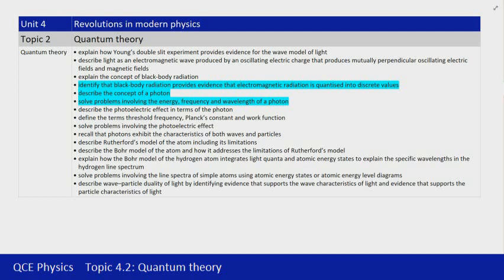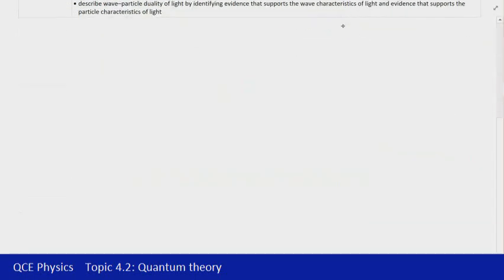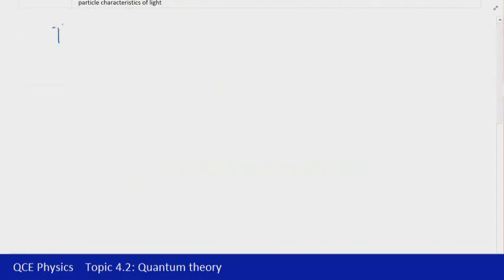In the previous video we looked at black body radiation, and in this video we're going to take that further and identify how that helped us to develop our understanding of light. You can see the three dot points that are highlighted there, and you'll notice that they all refer to energy and photons. So we'll have a look at what that means in this video and identify how it was that this idea of a photon came about.